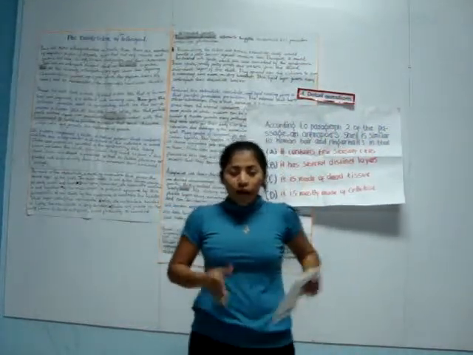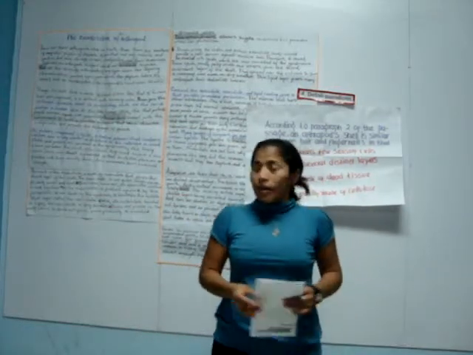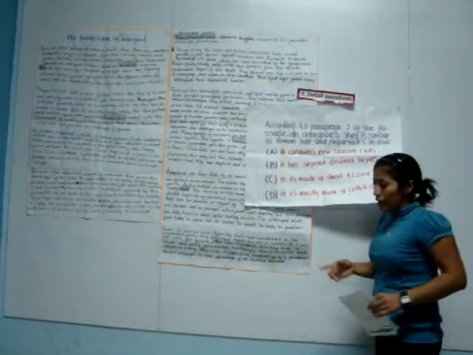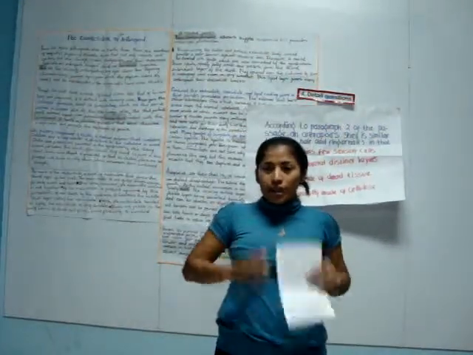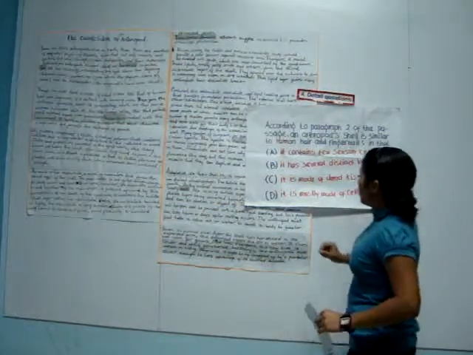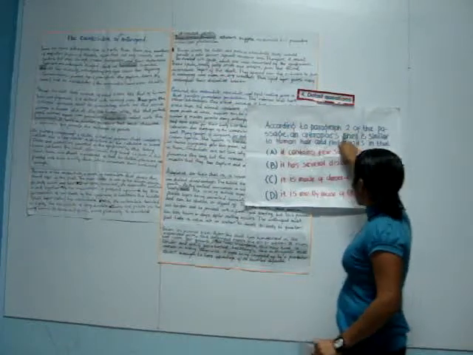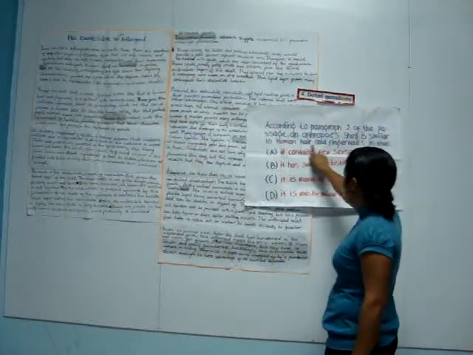A legal word question is a word or phrase that leads you to the right answer. However, the detailed question is actually a little easier. Why? Because it tells us exactly where to look. Look at the example of detailed questions. The example says, according to paragraph 2 of the passage, an arthropod shell is similar to human hair and fingernail